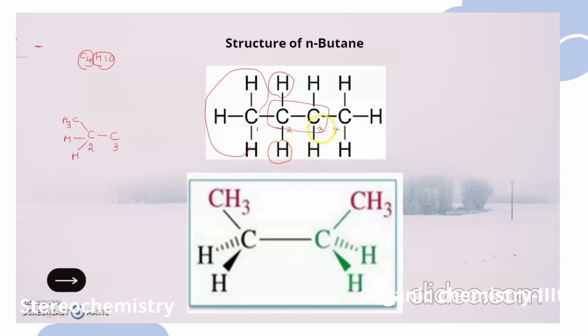Right? On your C3 carbon, it is attached to C4, which is again carrying 3 hydrogens in it, which can be represented as your methyl group. So here is your methyl group representation, and here on your C3, 2 atoms are still more present. What are those? Sorry, 2 hydrogens are present here. So those 2 hydrogens we are writing here. Right? So this is the alternative representation of your n-butane.